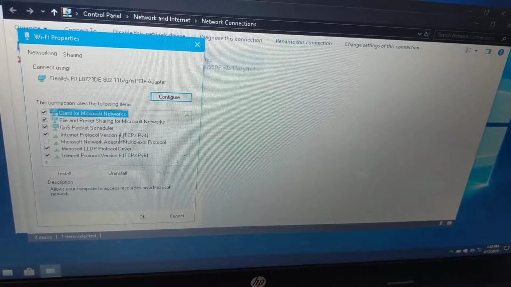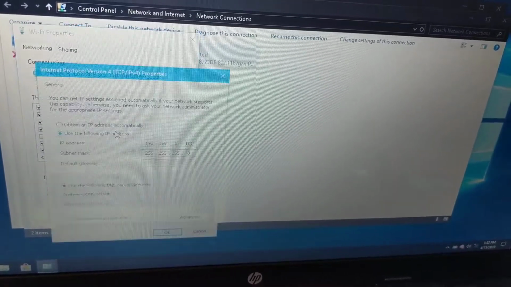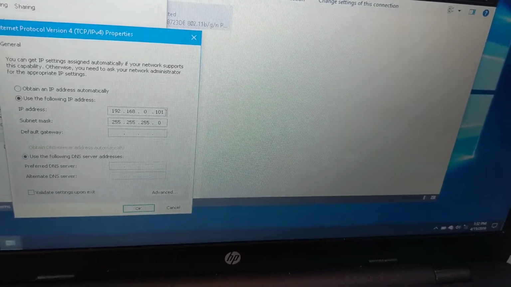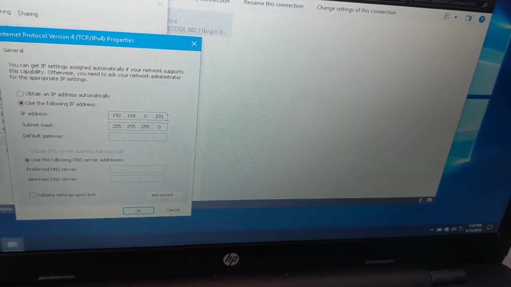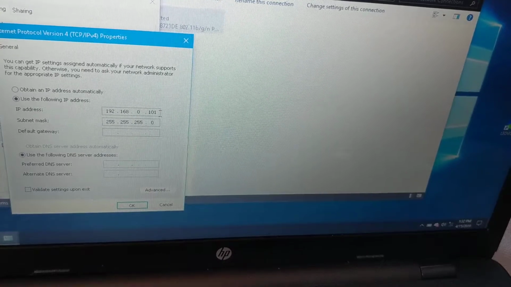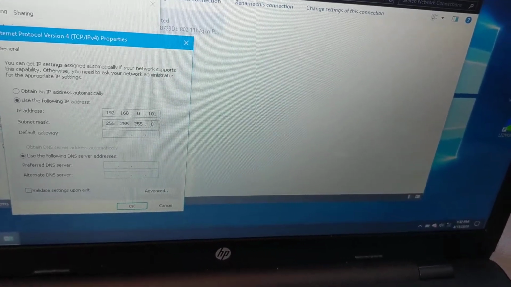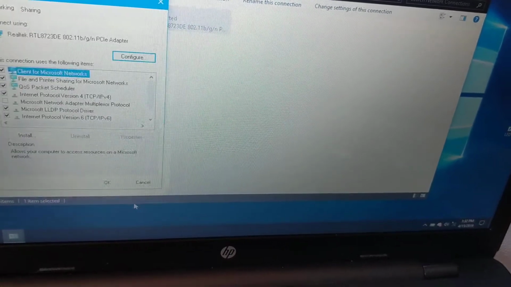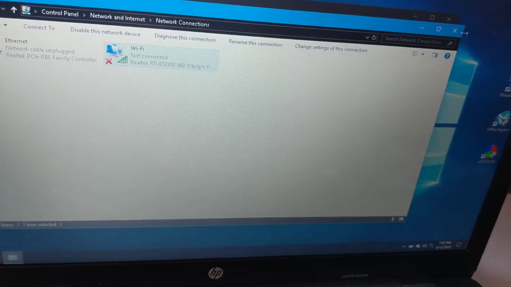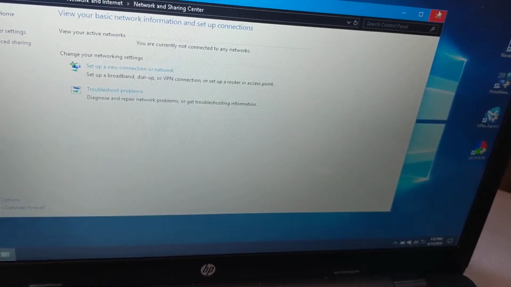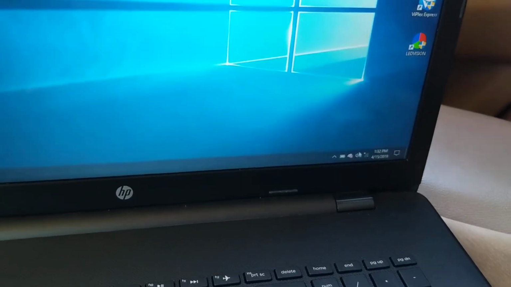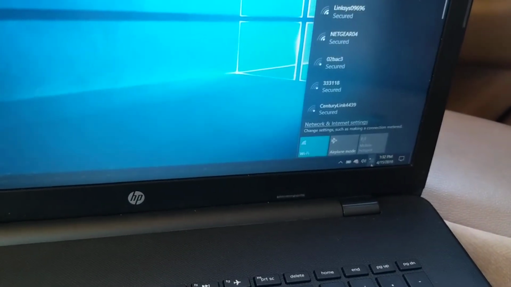you're going to double click on the version 4 protocol, and you're going to change the IP address to match the subnet of the sign. And for this particular sign, I have it set up for 192.168.0.101. I click OK, and I back out of all these windows. You can see I'll close everything down to desktop,